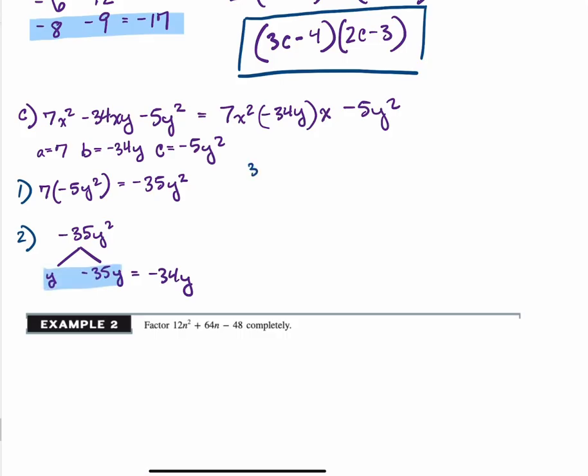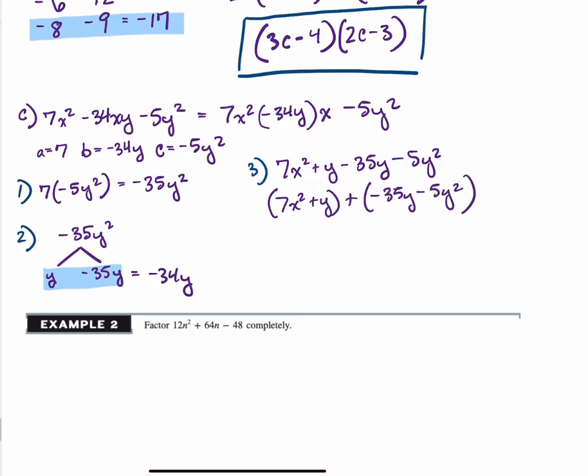So now let's rewrite that middle term and factor by grouping. So we have 7x squared plus 1y minus 35y minus 5y squared. So putting this into two groups, 7x squared plus y plus second group minus 35y minus 5y squared. In the first set of parentheses, let's see,